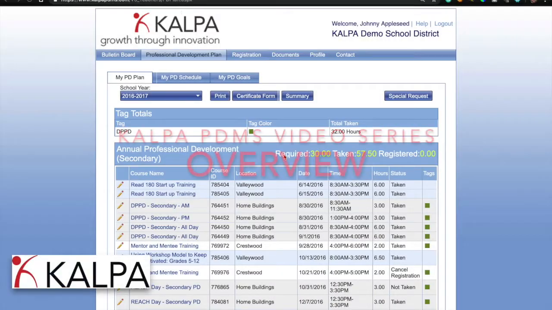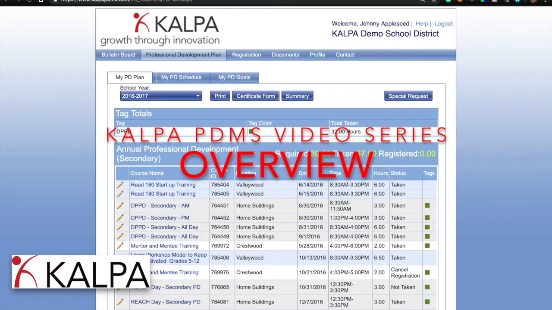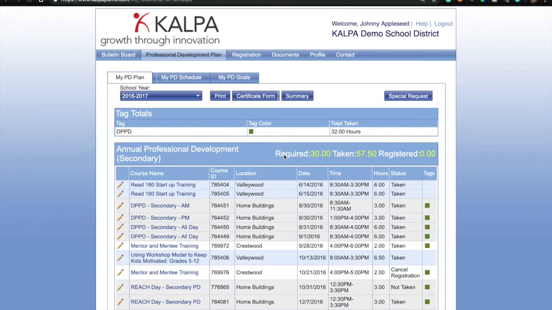And welcome to a quick overview of the KALPA PDMS, or Professional Development Management System. KALPA is a web-based software product which we offer as a software as a service, which means it is an internet-based product that you access through a web browser from any internet-connected device. So that could be a laptop or a desktop computer, but it could also be a smartphone or a tablet. It works on Macs, PCs, all the various browsers. Basically, all you need to have to connect to KALPA is an internet-enabled device, and teachers and administrators can access